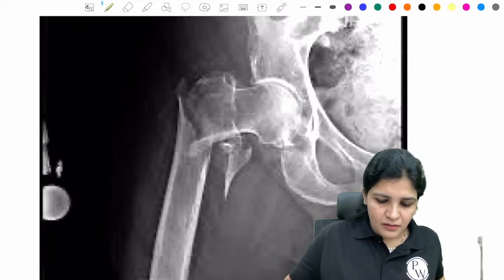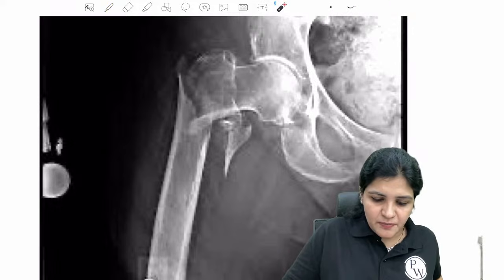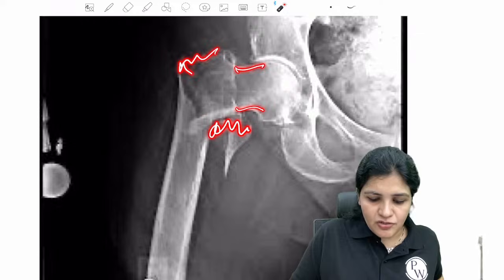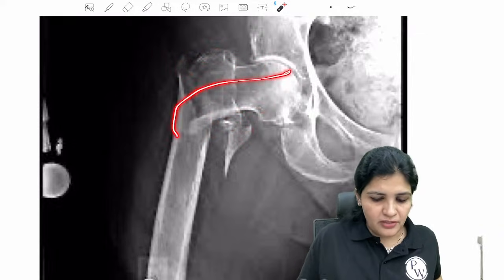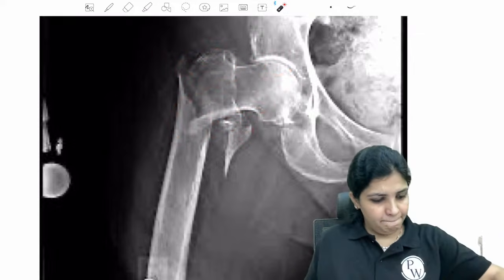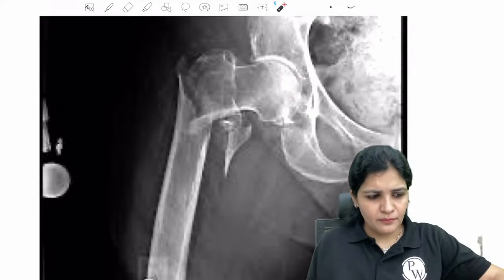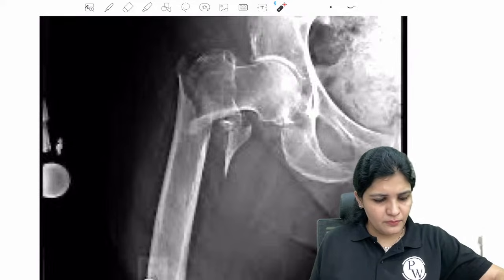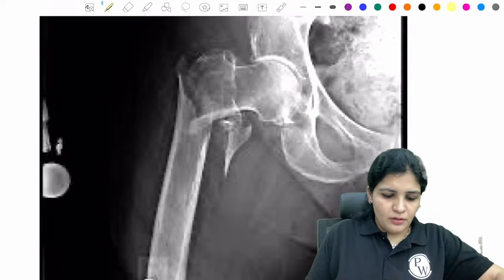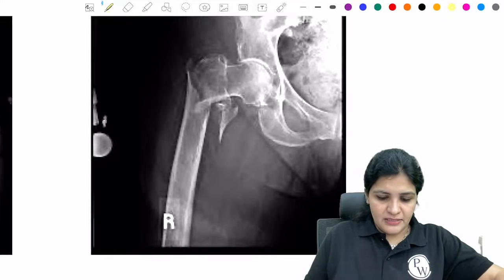So now you can see the fracture is between the greater trochanter and the lesser trochanter, right? And the neck is normally present here. So what fracture is this? What fracture is this? Now the head has,